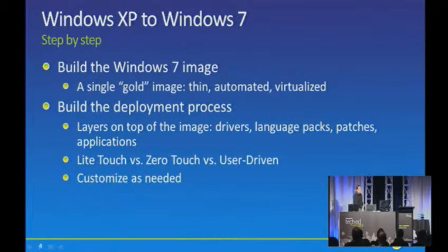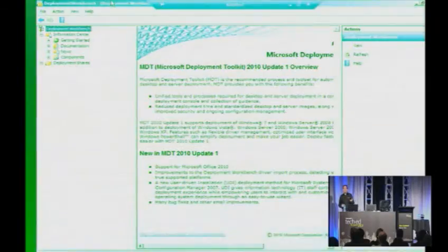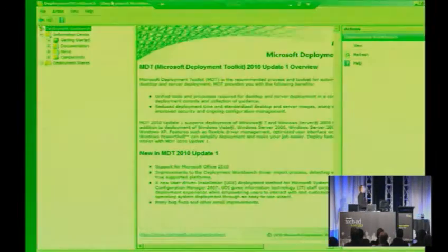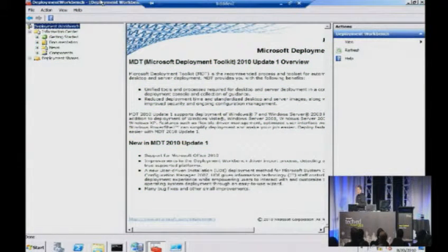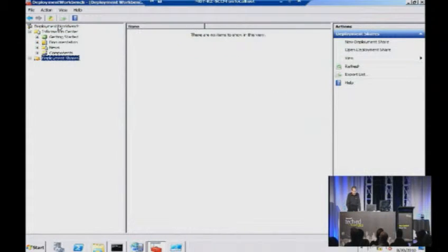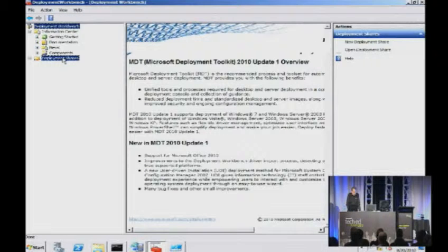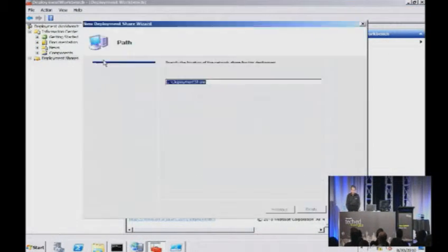So to actually do that process, I want to walk through using the Microsoft Deployment Toolkit to do that, similar to what Rhonda had looked at this morning, but really trying to focus more on just every piece of the puzzle. So when you first get into MDT, you would get a blank slate, and you need to start filling it with stuff. So the first thing I need to do is create a new deployment share,